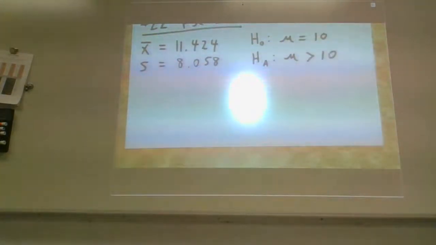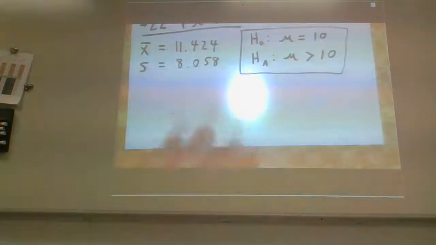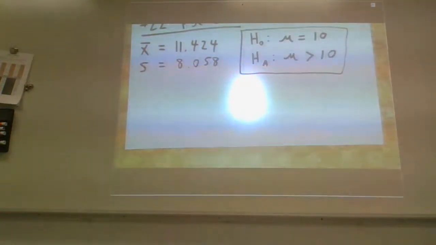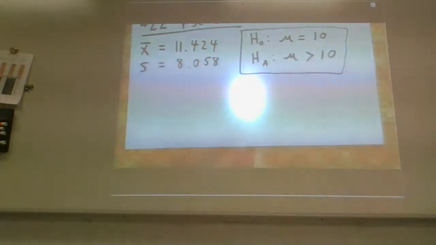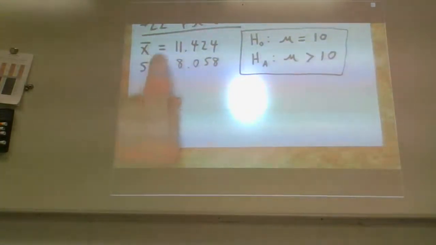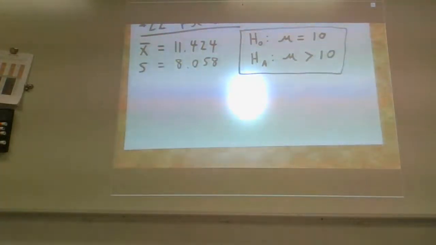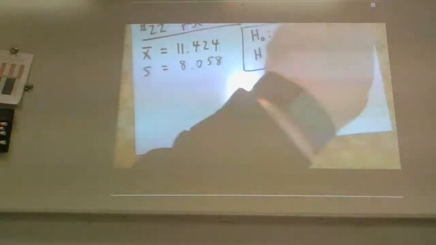The question is, is there evidence that he will overspend his allowance? The null hypothesis is that, nope, nothing going on. It's fine, $10 on average, nailed it. But then the alternate hypothesis is that he overspent, so thus it's greater than $10. And obviously the evidence that we have so far is that X bar is definitely greater than 10. But again, I got to get a p-value and then come to an appropriate conclusion.